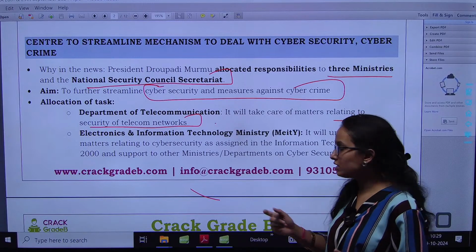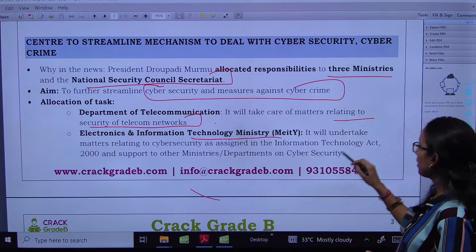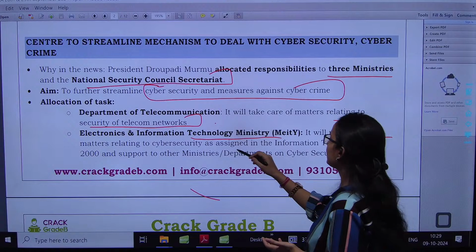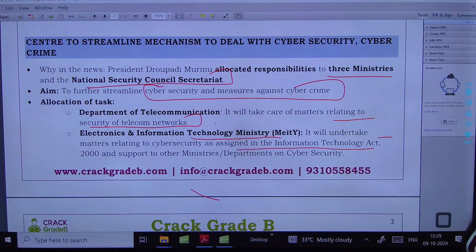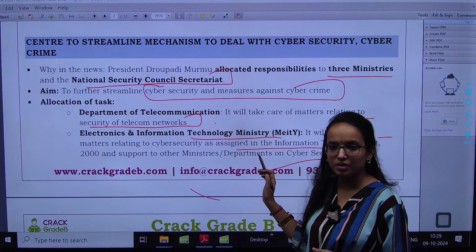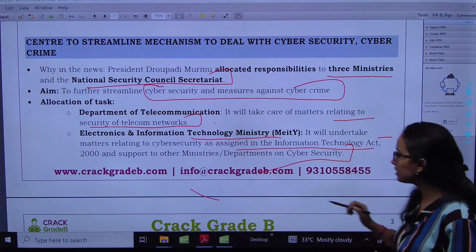Second, the Electronics and Information Ministry, MeitY, has been given the responsibility of matters relating to cyber security as assigned in the Information Technology Act, and support to other ministries and departments on cyber security will be extended by MeitY regarding cyber security